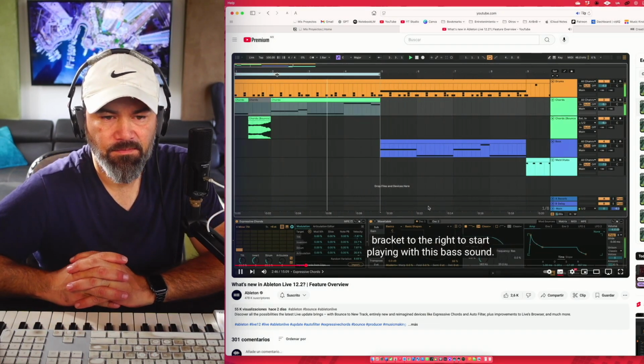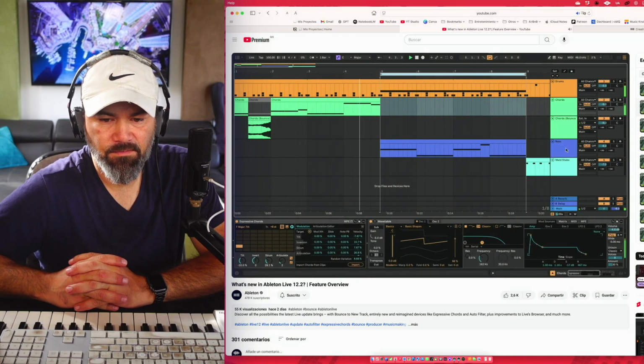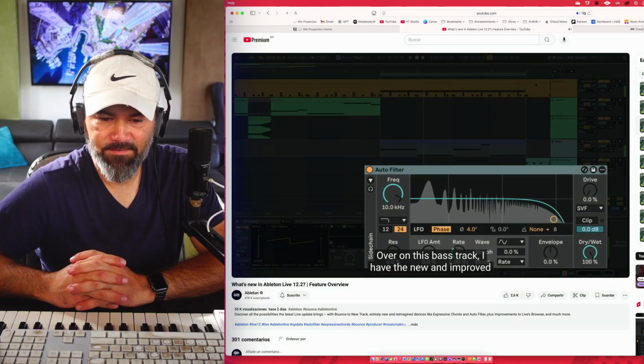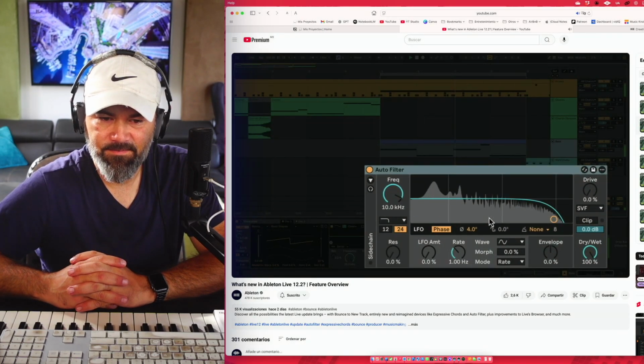And move the loop bracket to the right to start playing with this bass sound. Over on this bass track, I have the new and improved auto filter device. Auto filter now has